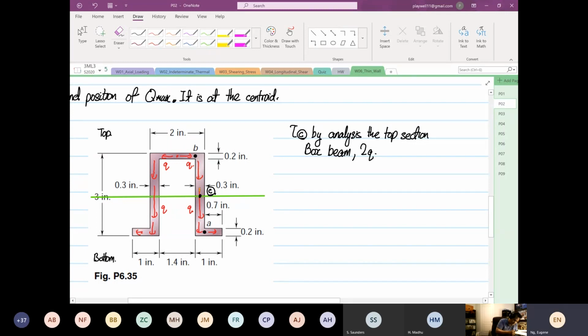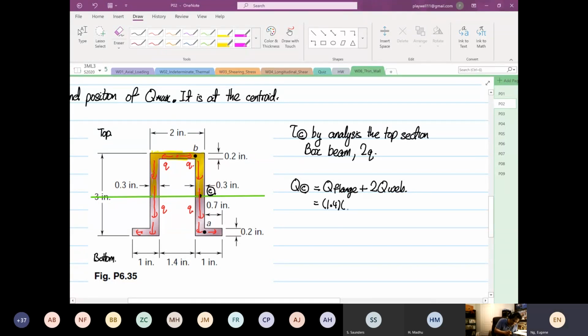Okay, because it starts over there, the start is a common point, this whole area, right? So when that's the case, the Q at point C is equal to Q of the flange plus 2Q of the web, right? We have web on the left hand side, web on the right hand side. So the width is 1.4,